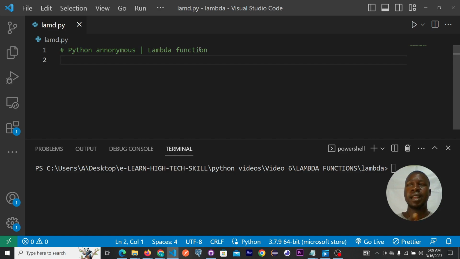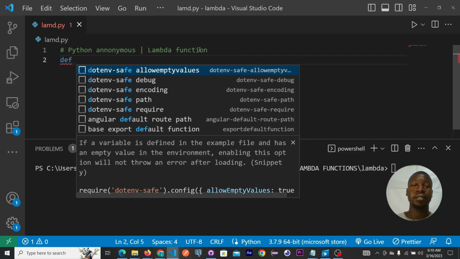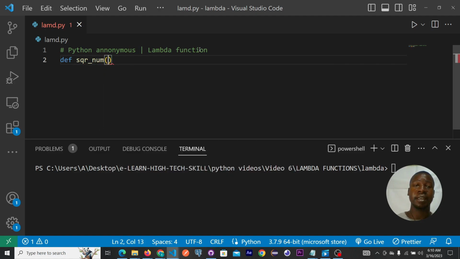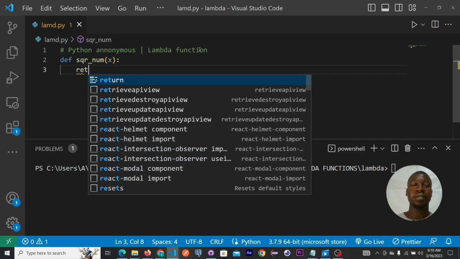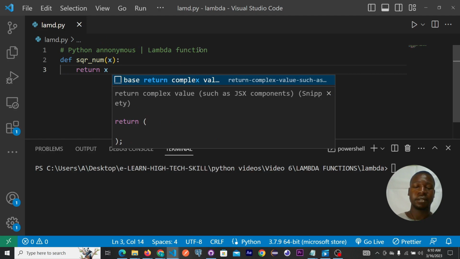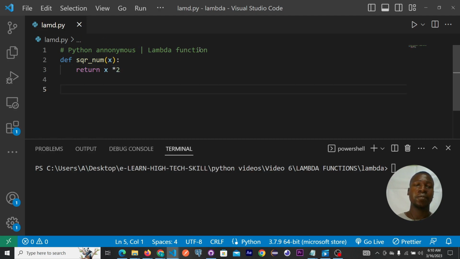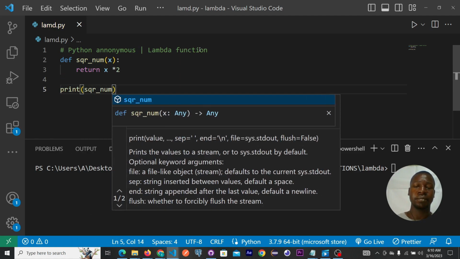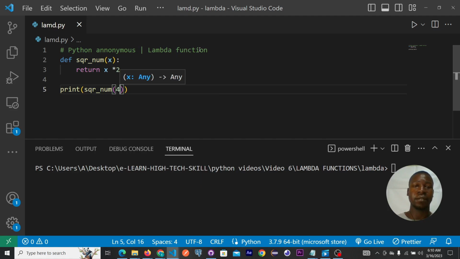To create a lambda function, one of the simple ways to go about it: normally, if you want to create a function that squares a number, you would say def, and then maybe sqr, and then pass a variable in it, and let me return x squared. If we call this function now and print sqr, it will request for x. So if I put 4 there and run this now,